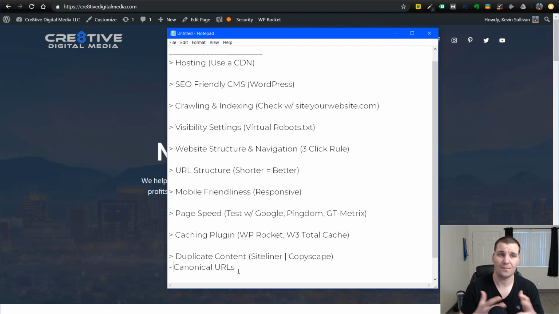That applies mostly to e-commerce websites. If you just have a website for your business, then it shouldn't have too much duplicate content if you're creating unique content, but your site will have duplicate content regardless. But with e-commerce websites, especially because they have different variations of the exact same product,